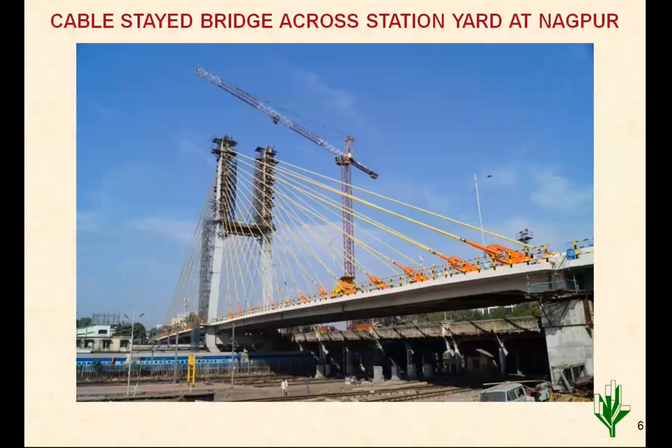For the large spans, the 88 meter span and the 112 meter span, you will find that the depth of the superstructure is as minimum as the existing bridge, which has spans of say 10 or 12 meter or like that. So that is the advantage we can say in these cable stayed bridges.